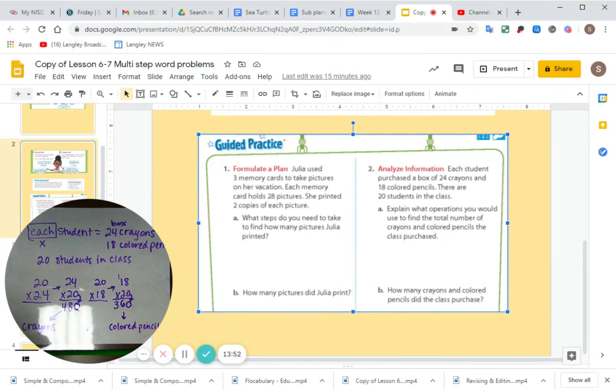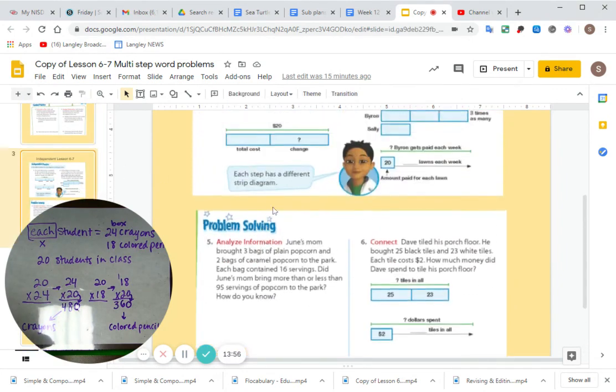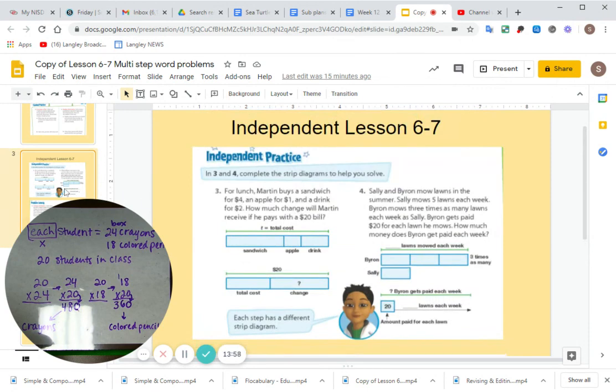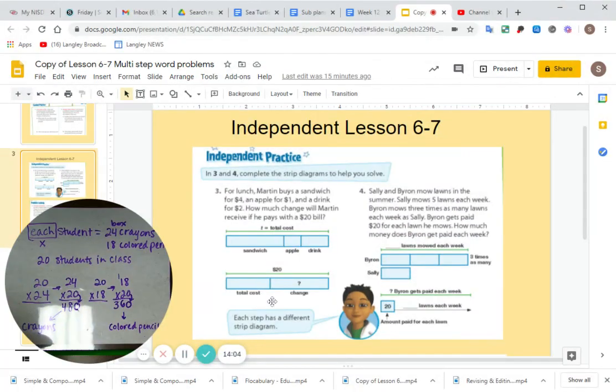All right, good job. Now, go ahead and work on your independent assignment or independent problems. That will be on slide 3 and then on slide 4. Write out your information. Use the pictures that they give you and try your best, guys, especially since I'm not here and I can't help you. So really try your best. Write out the information, read it